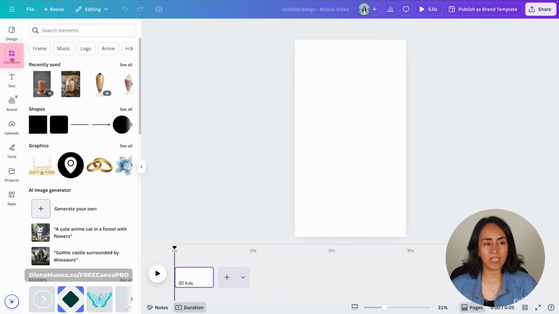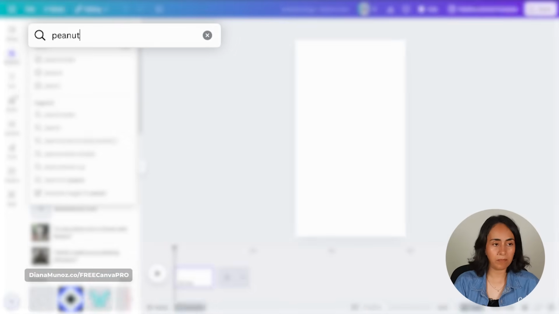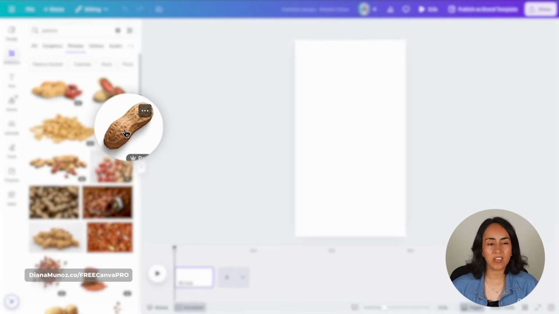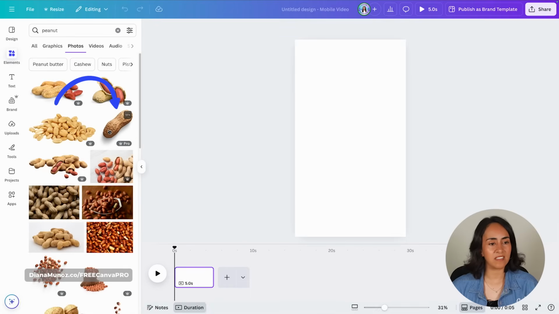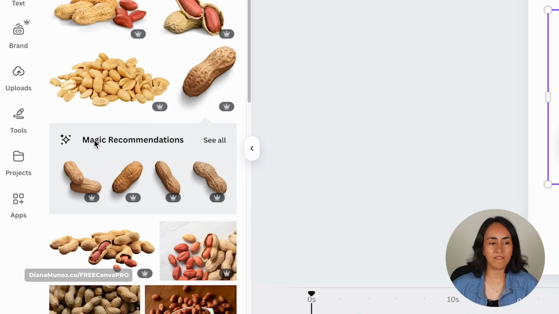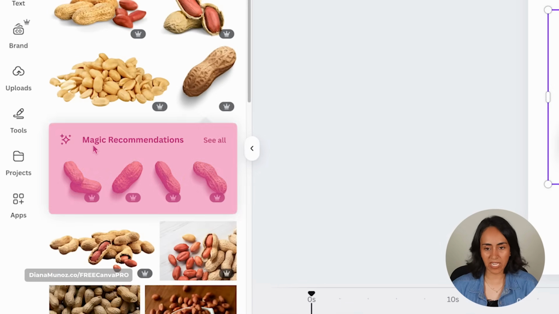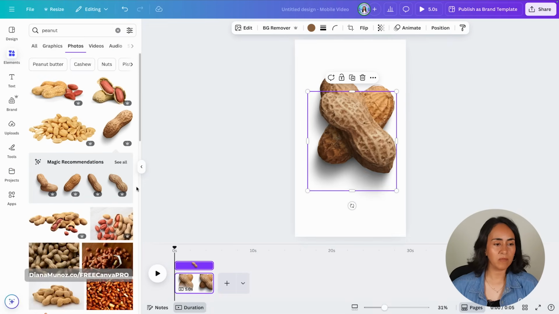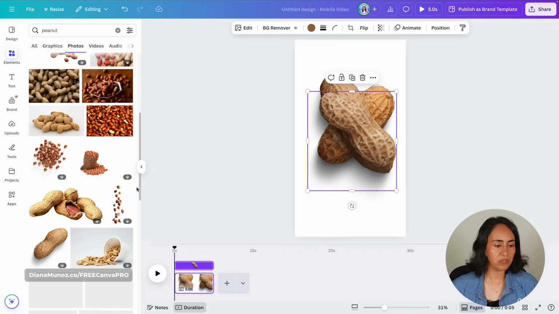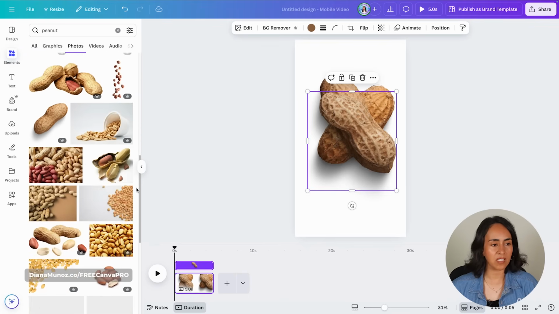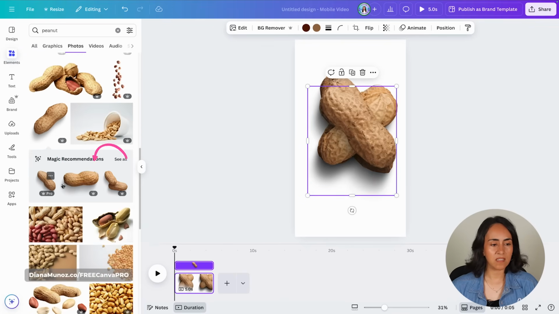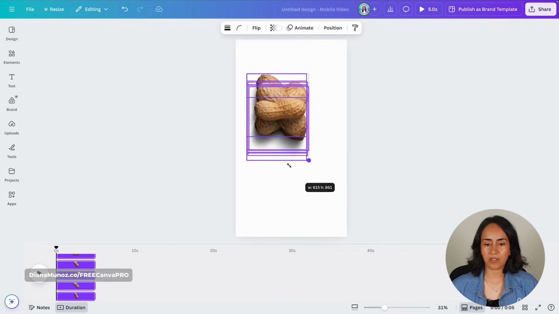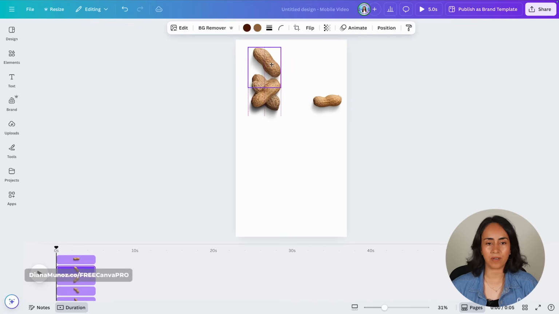Let me go back to elements, and I'm going to search for peanut, and then I'm going to go to photos. I would like to work with this kind of peanut image, the one that has the shell, and once I click on that image, Canva will recommend some other similar images, so I'm gonna work with this as well. So I'm gonna click on them to bring them to my design. I'm gonna scroll down to see if I find something else that I can use, maybe this one and this other in here. Okay, so I think I have enough peanuts to start creating the first part of my design,